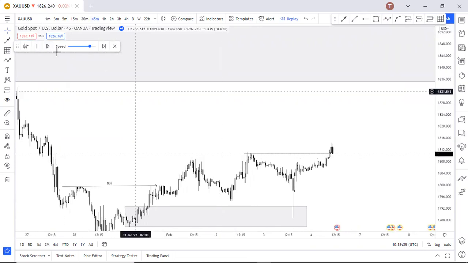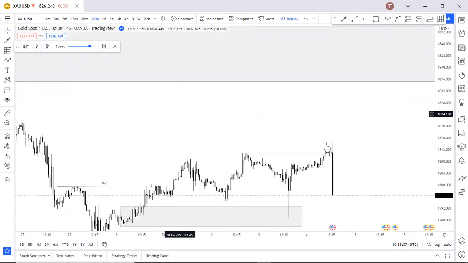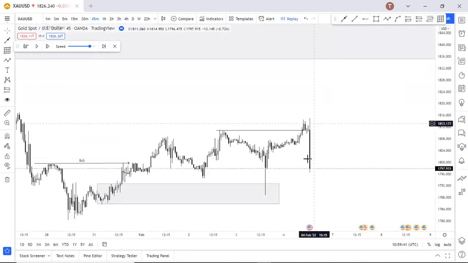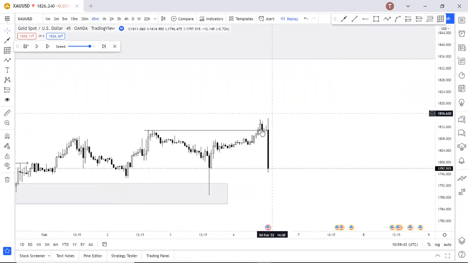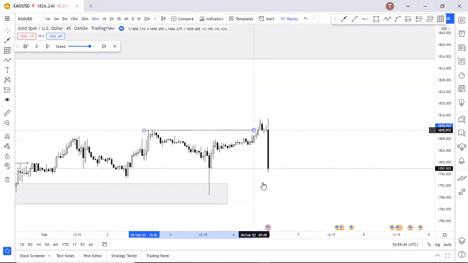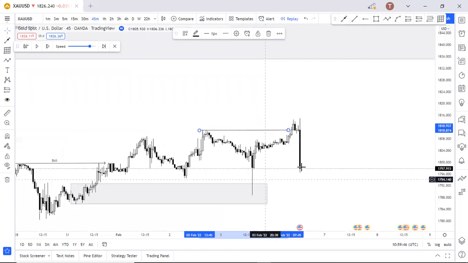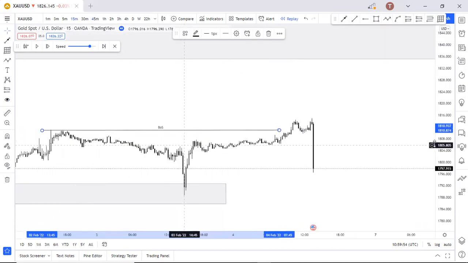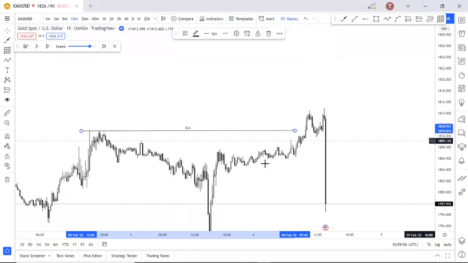The market went above, and on the 4th, this move was the NFP. I didn't trade the news because I already had my setup. Once we broke above this high, once we had this break of structure, I went down to the 15 minutes time frame, and I could see that the market created